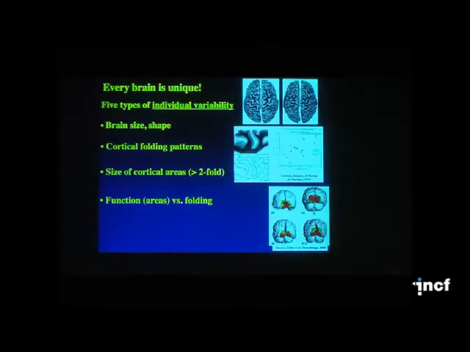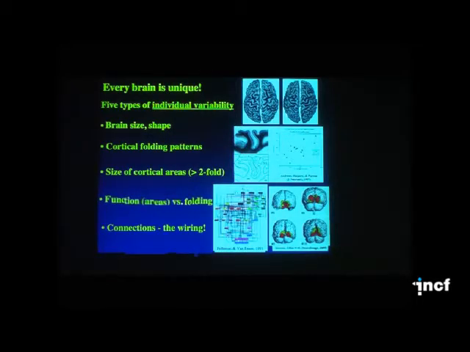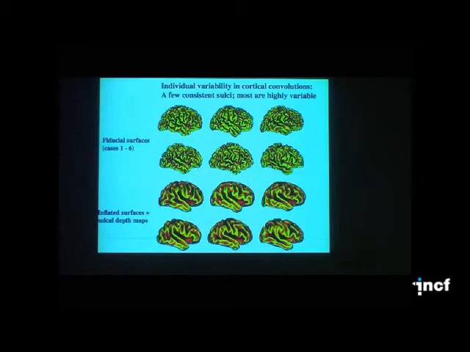There is a great deal of variability in how an area such as V1 in red relates to the folding pattern from one individual to another. And then, of course, we presume that there are tremendously significant differences in the brain circuitry, the wiring that makes each of us unique in terms of our cognitive and other processing capabilities, whether we're good or bad at certain things. And I'll come back to that.